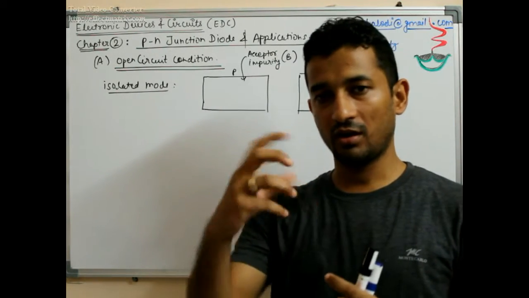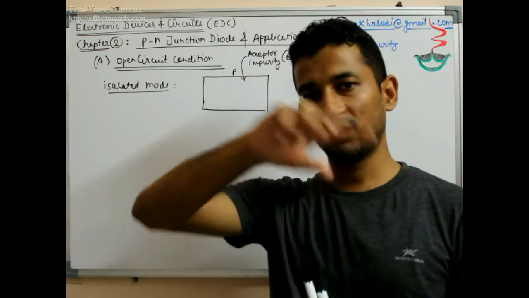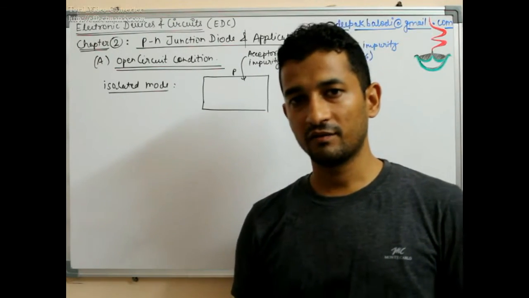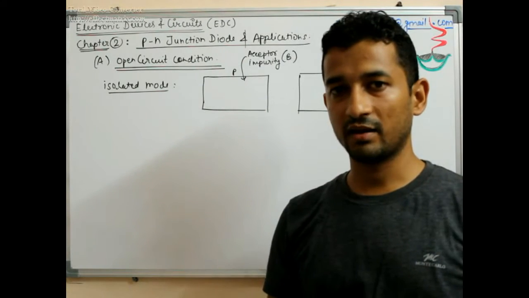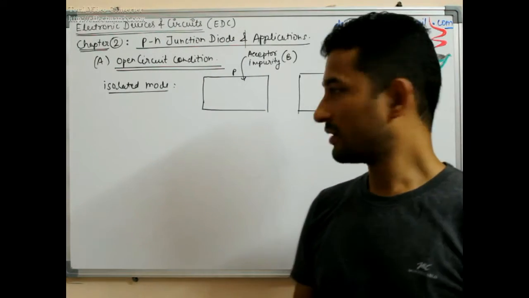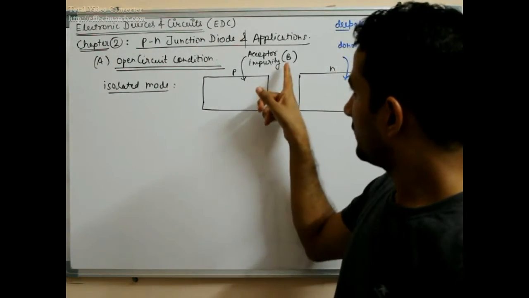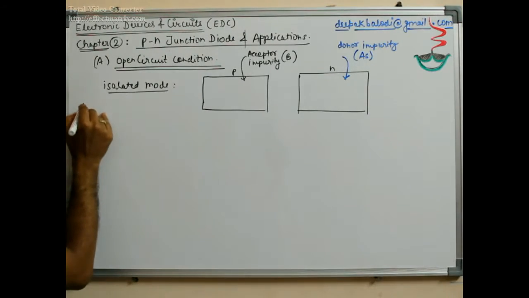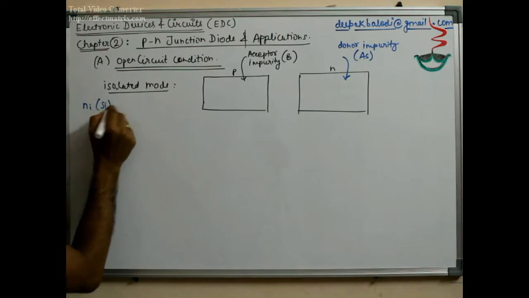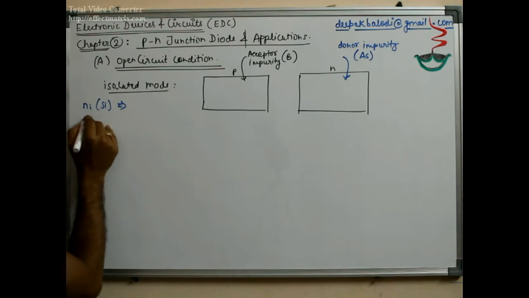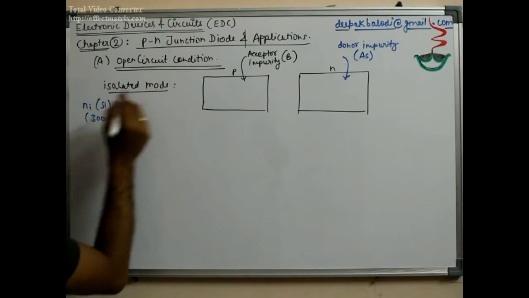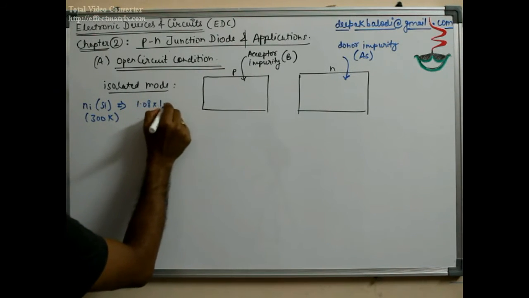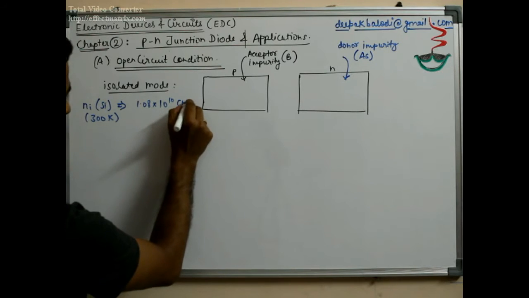Any single silicon atom was covered by the other 4 silicon atoms via covalent bonds. Let me first give some numbers. Intrinsic carrier concentration for silicon at room temperature is around 1.08 into 10 to the power 10 per centimeter cube,